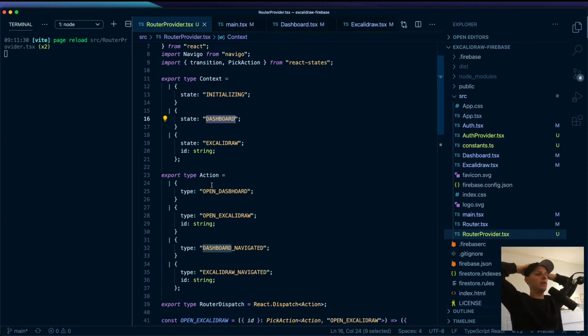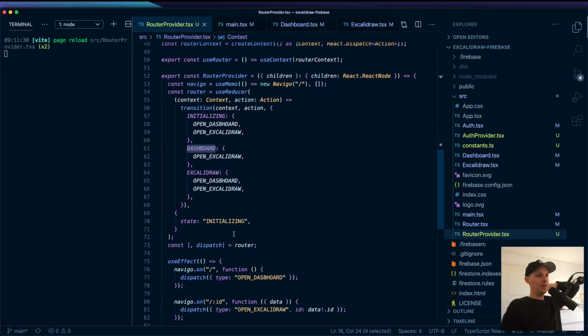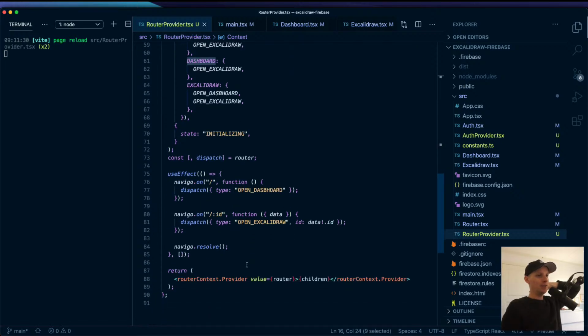Because now I would have to have an explicit state, like dashboard to Excalidraw navigating, for example. Navigating from dashboard to Excalidraw. That would be a state. But then what would you render? I guess you would then render